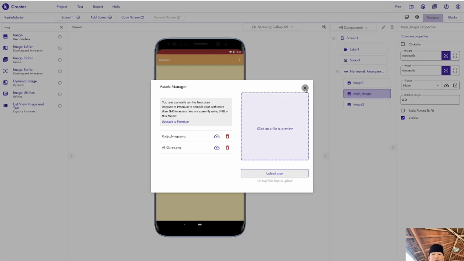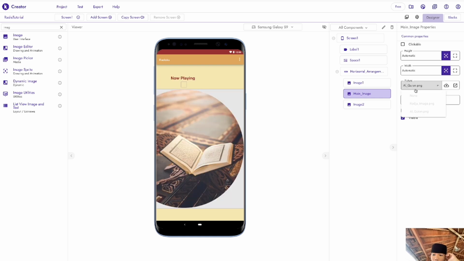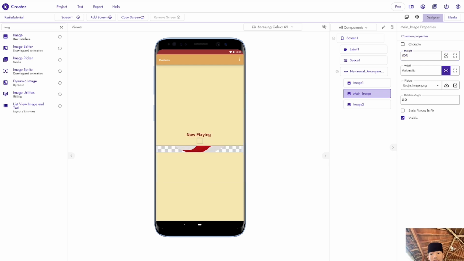Next, after we have that, we're going to change it from none to Quran. Wait, maybe just Roja first. Then for height, we're going to change it to be 50%. No, just try that first. 50%, so it will be.